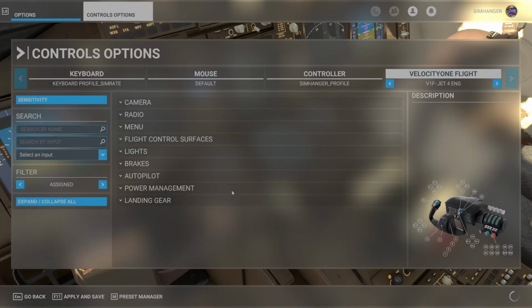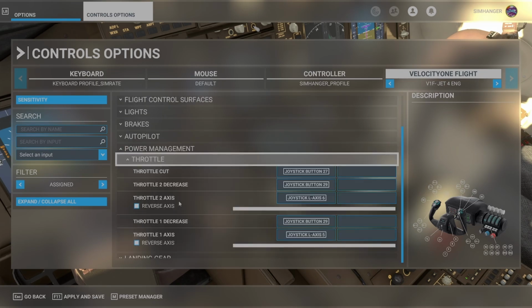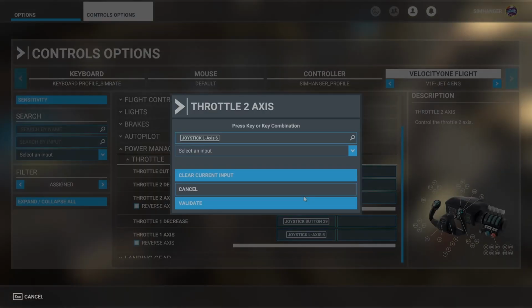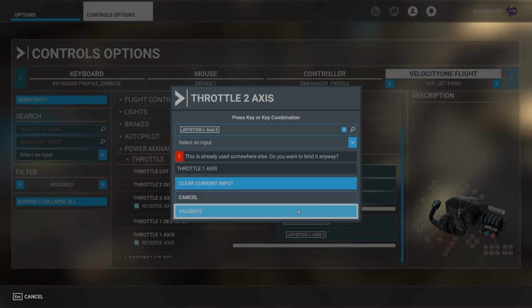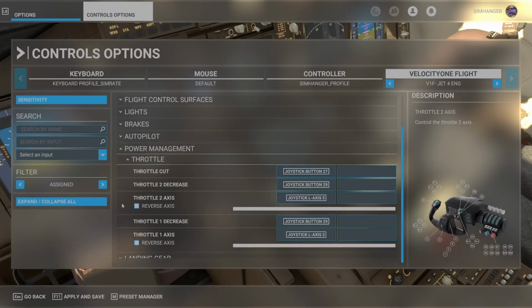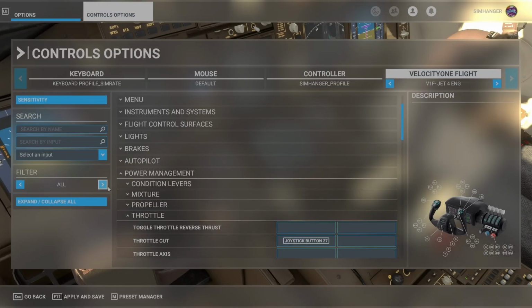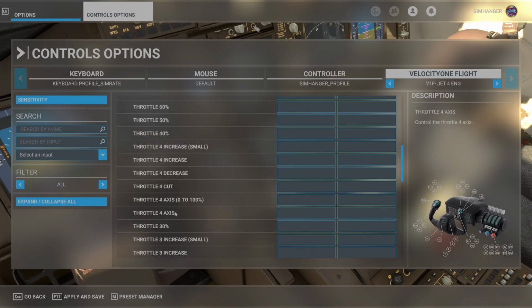That's done. Just check that it's the active profile, and with the filter still unassigned we're going to throttle under power management. Throttle 1 axis is still correct, but I'm going to put throttle 2 axis onto the same lever. So click in the box, I'm going to overwrite that. Gives me a warning, but we're well aware of that. We're OK. Validate, and now let's change our filter to all,